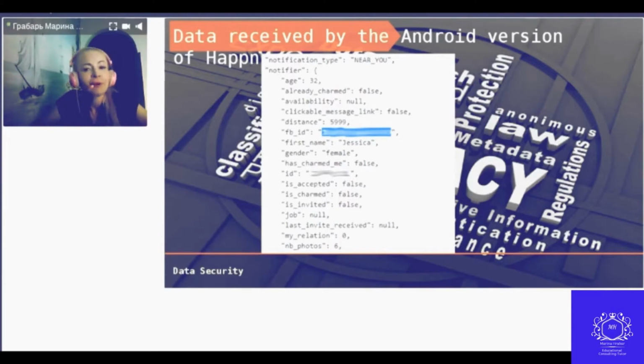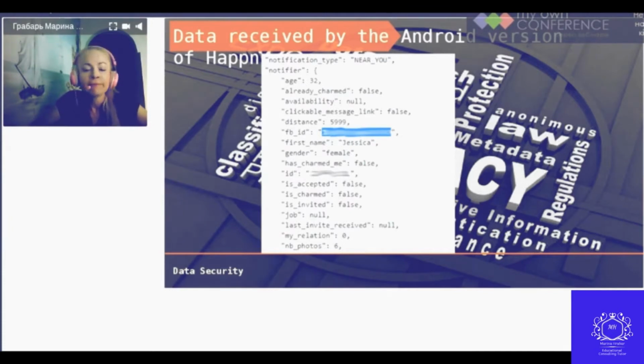In Happn for Android, there is an additional search option. Among the data about the users being viewed that the server sends to the application, there is the parameter FBID, a specially generated identification number for the Facebook account. The app uses it to find out how many friends the user has in common on Facebook. This is done using the authentication token the app receives from Facebook.